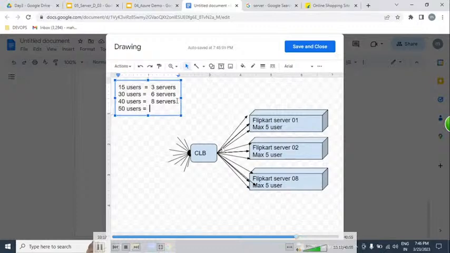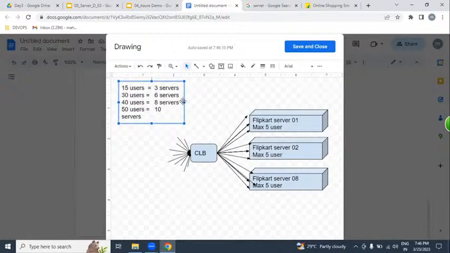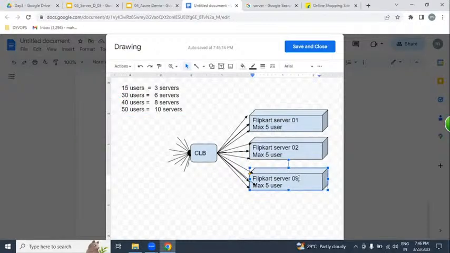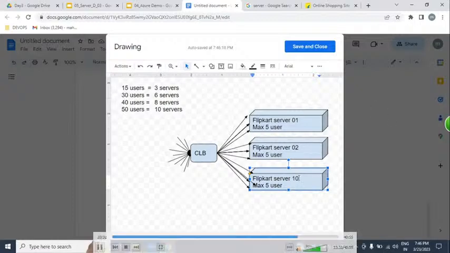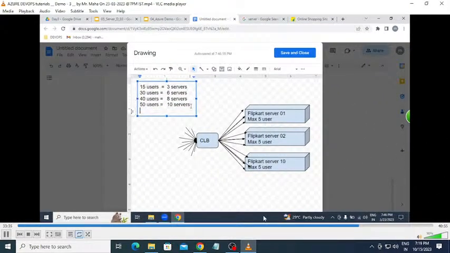If customers increase, servers automatically increase in the cloud. Yes. Without any manual interaction, we can increase the servers in any cloud. But after some time, after half an hour, after 2